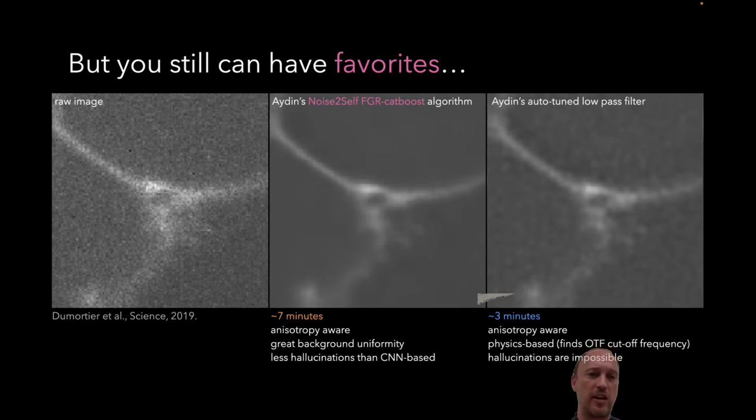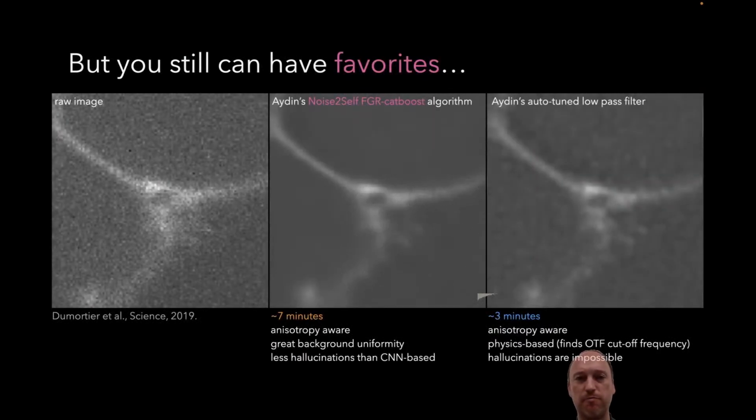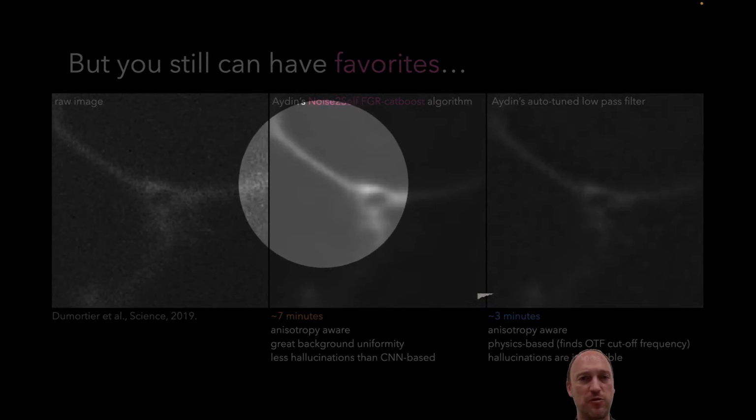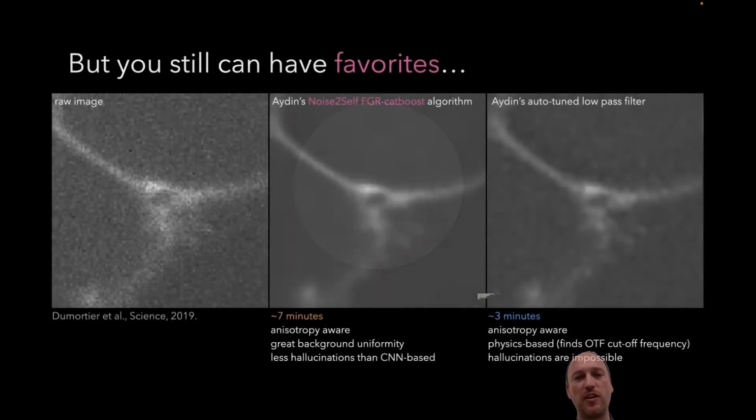It's definitely able to take care of anisotropy problems. It understands the anisotropy of images. It has great performance for background. You look at this background; it's really uniform, very clean. It also produces images that are really sharp and well contrasted when you compare them to the original or to some other approaches. And it's definitely, in our experience and with the evidence we have